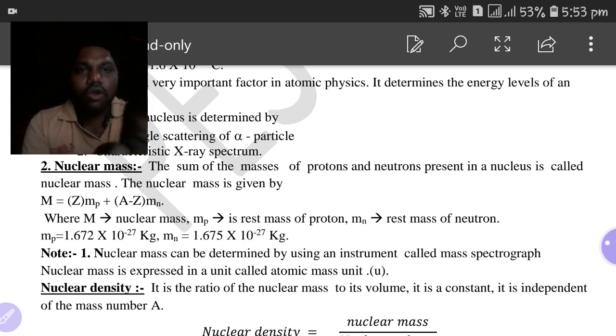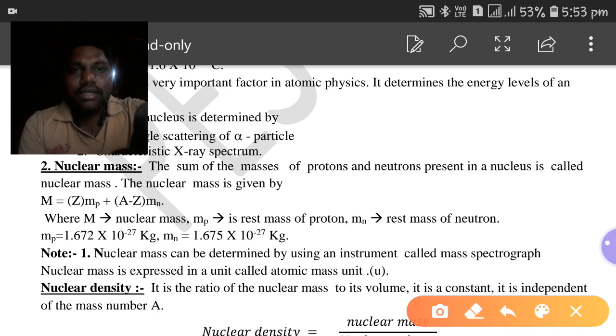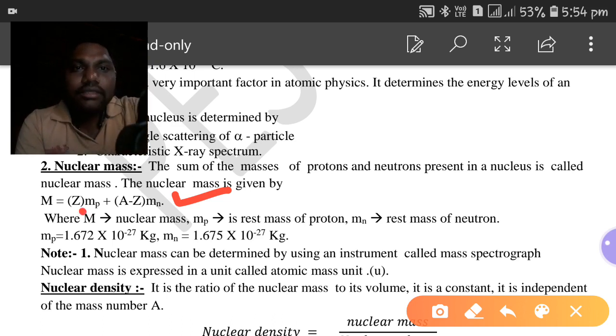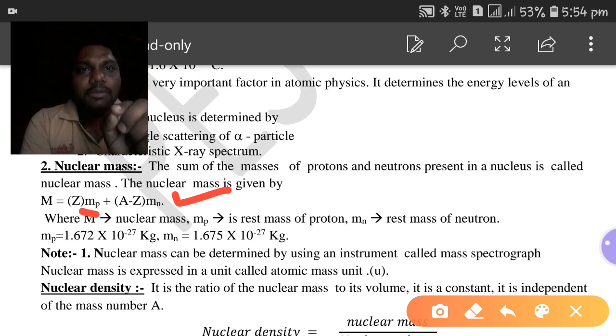It is given by the formula here. Capital M is the nuclear mass, and that must be equal to Z Mp, where Z is the atomic number, which is nothing but the number of protons, into Mp. Mp is the mass of each proton. So Z is the number of total protons, and Mp is the mass of each proton. It gives you the total mass of protons,